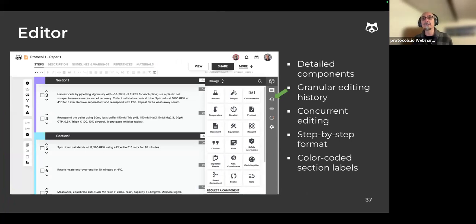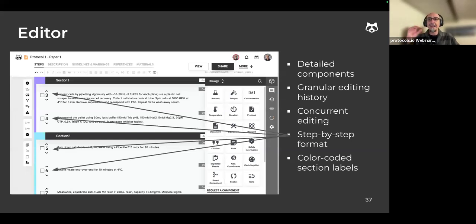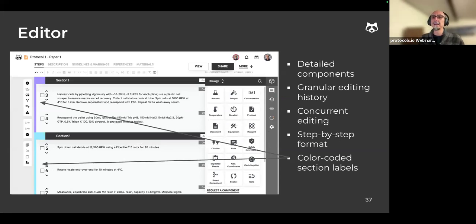The editor also allows concurrent editing by 2 or more collaborators, the same way that 2 or more people can work simultaneously on a Google document. The protocol itself is written in a step-by-step format, and different sections of the protocol can be coded in different colors, as I showed you before.